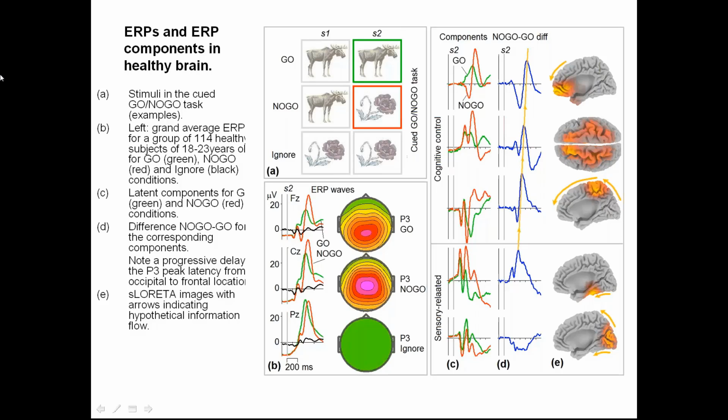So I just mentioned several hypothetical operations that theoretically are happening during this task, and we developed a new methodology for extracting the components from group event-related potentials. I'm not going to talk about details. We published many papers on this subject, and here I simply present these components. Here are the components which I extracted, the time dynamics for go, no-go stimuli. On the left, the difference wave, no-go minus go, and on the right are the topographies,